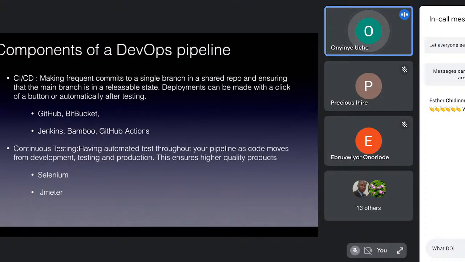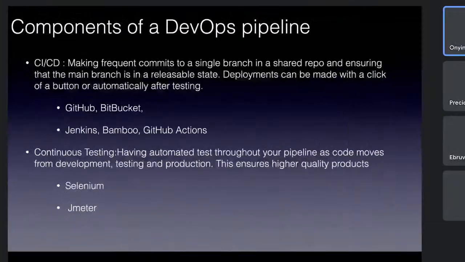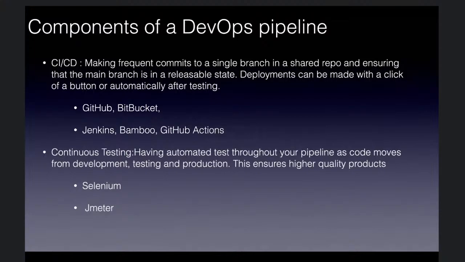Another thing is continuous testing, which we have already talked about. You should have your testing as part of your pipeline. When the developer merges, all the necessary tests are going to be run on his code. And if it is successful, he can push. Typically, he'll push to a staging environment, and we'll test again. Some people have pre-prod environments, they'll test again. And then we are confident that, oh, this code is fine to go on prod. So just testing and testing and testing till you are sure.